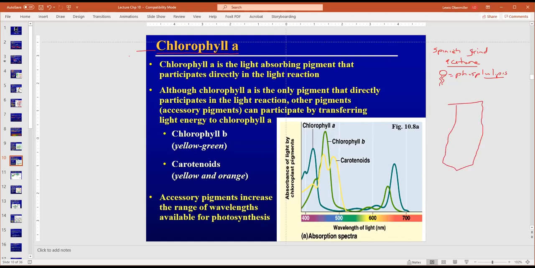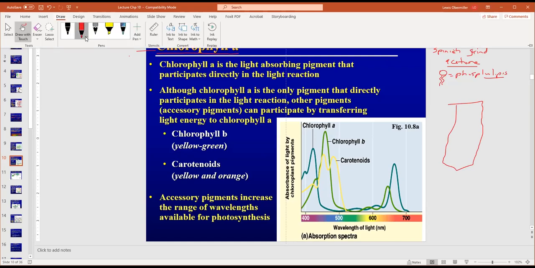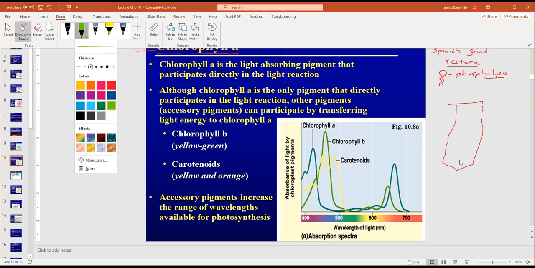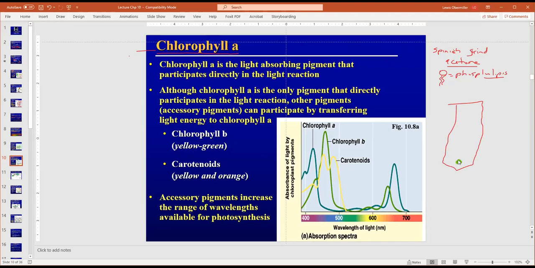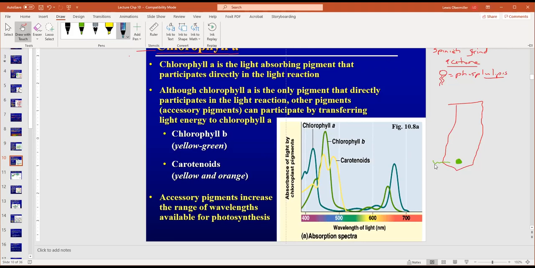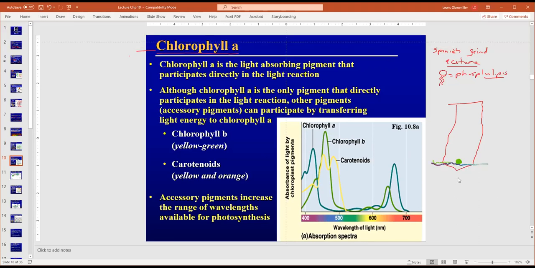Oh, this is a terrible drawing. Let me see if I can get green up here, and we'll just simulate this. You guys would have done this in class, though. The lab techs would have ground up spinach in acetone and given you a bottle of spinach extract, and you just put a dot on here. You add a drop of it, let it dry, and add another drop, and so on and so forth. You get this concentrated spot, and then you put it in this petroleum ether,